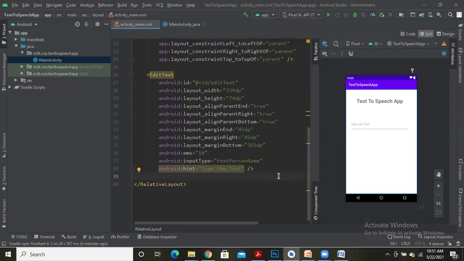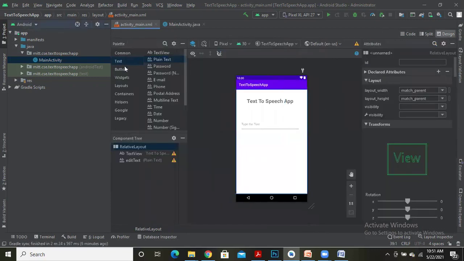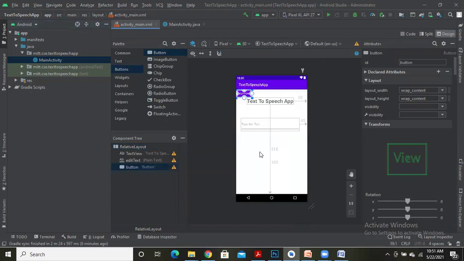Now I need to add a button. So go to the design mode. From the palette, we have buttons. From the buttons, drag the button and place it onto the screen, which will be present at the top. So let me make this button movable towards horizontal by dragging this circle to the end. Let me make this component movable towards vertical by dragging this circle onto the bottom.